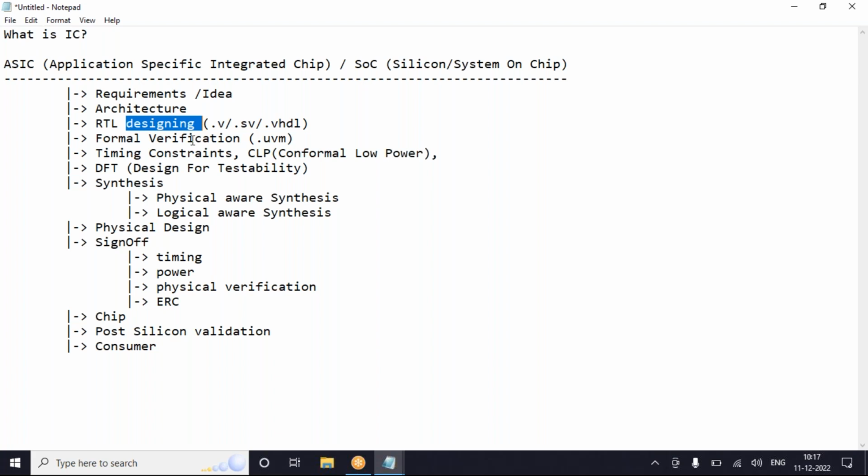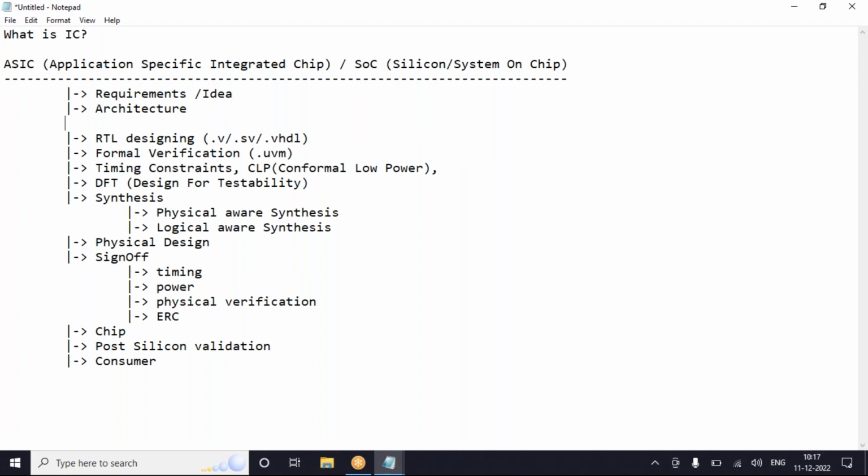There will be again a separate team that performs this, called architecture, and in this architecture, integration. Integration is the combining of RTL designs.